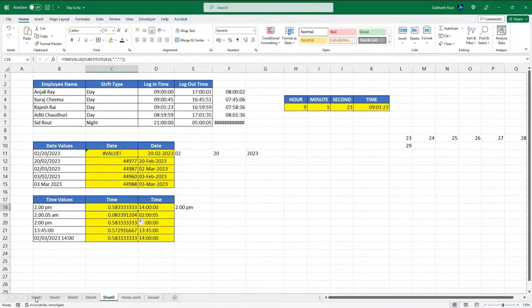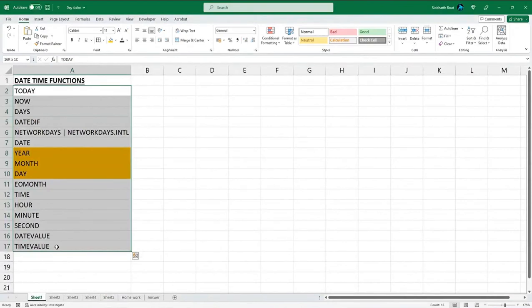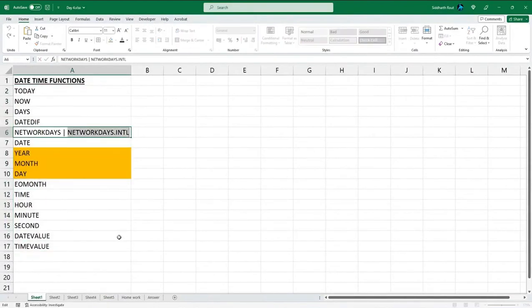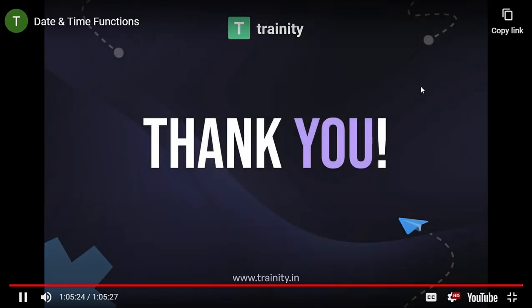So these are the 16 functions that we covered. Actually 17 if you consider this also as a function, but obviously I just counted this as 1. So we covered a total of 17 functions today. As usual,